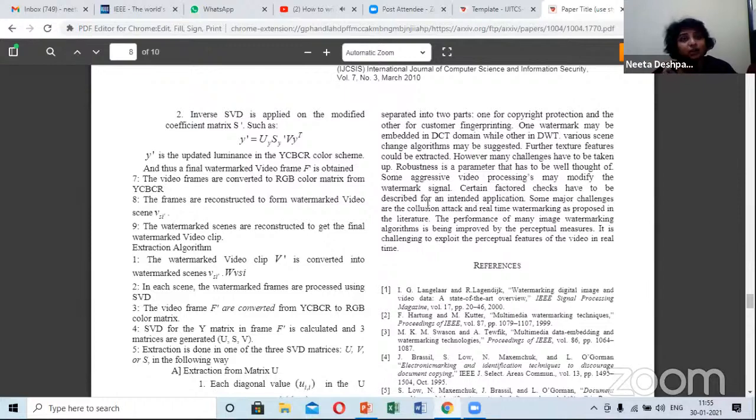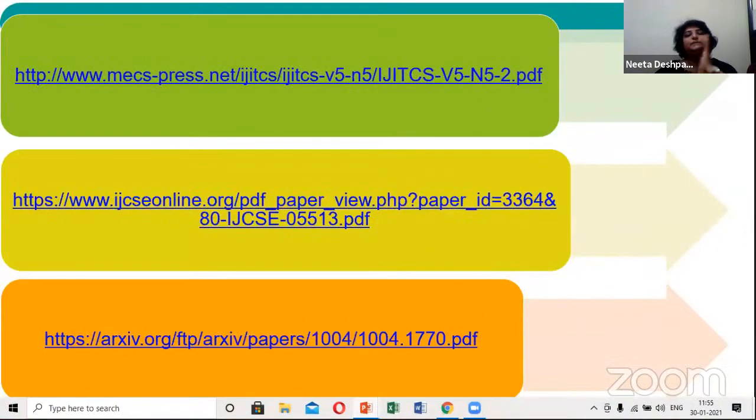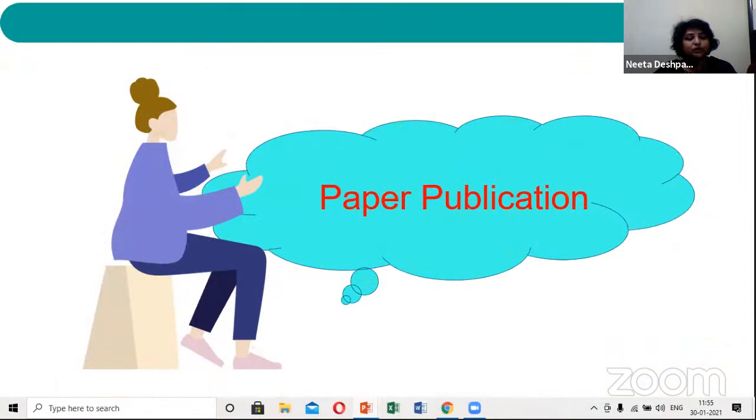Apart from them, we really have students who have copyrights and patents from first year onwards. So this lecture may be a help to them also probably. But copyrights and patents is not the scope in this webinar, so I'm not including all those parts here. Only the parts that are required is being used here. So these were some of the papers that I could explain to you with examples that you can have your paper written in this way. Now, the third part is you have written your paper.